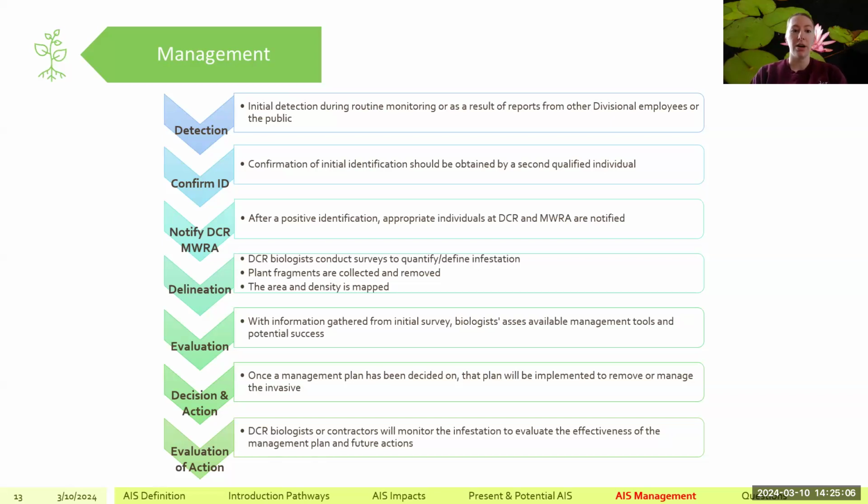So where they are, how dense are they? Is it just one or two? Is it a large area that's covered? What are we actually dealing with here? So once we have that information, then based on the biology of the plant, so with Phragmites,